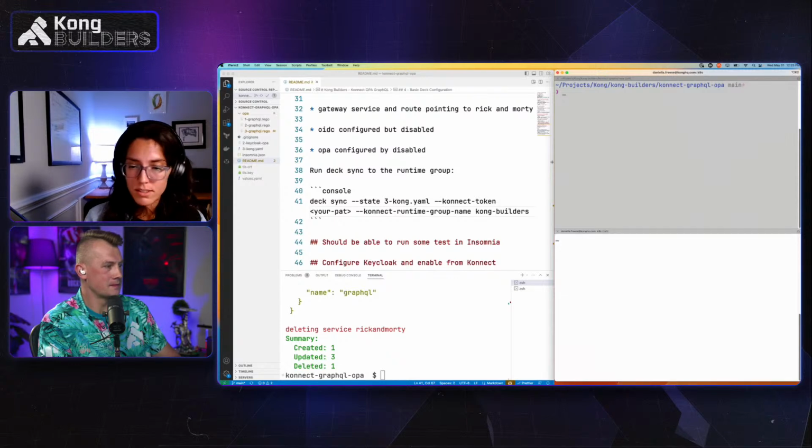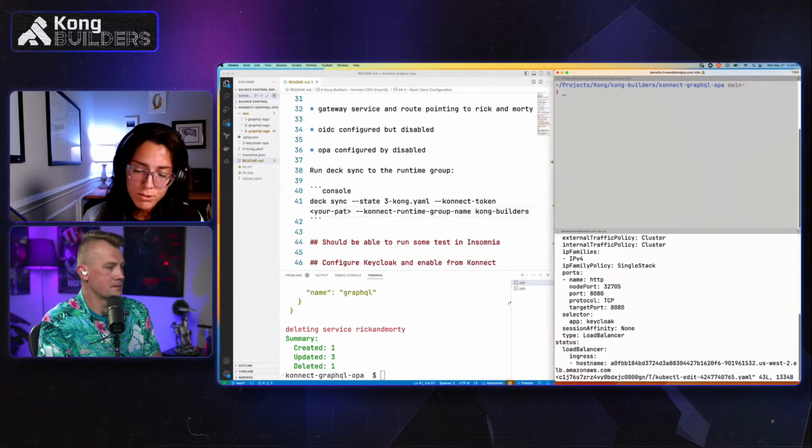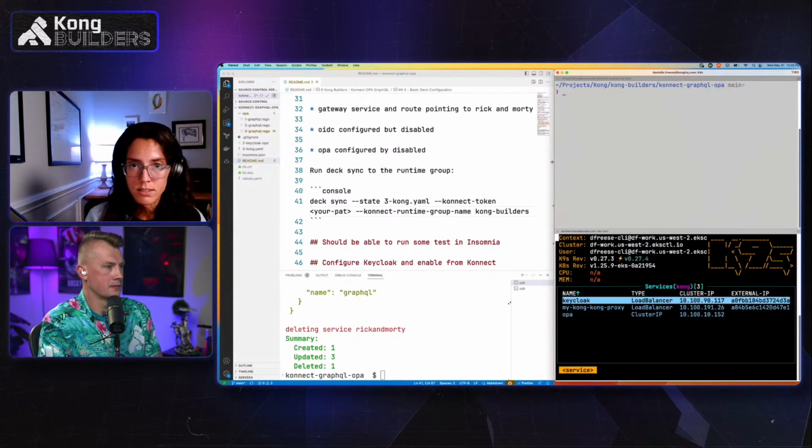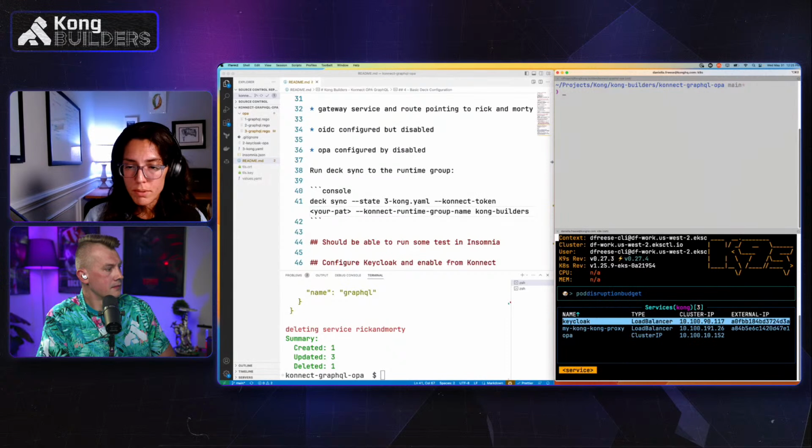So if we just look at the service real quick, if we go down, it's got a host name. And if this was really production ready, we would have had Route 53 fronting the load balancer. But this is just a quick start landscape. So that's where the load balancer is, and that's pointing at the data plane running in our namespace, right? So pod